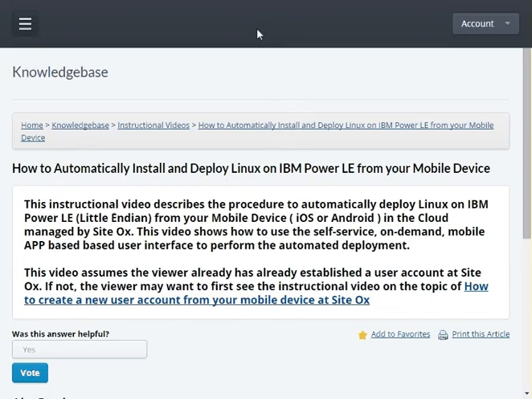Welcome to this SciDocs instructional video on how to automatically install and deploy Linux on IBM Power LE using your mobile device. The LE in IBM Power LE refers to the IBM Power platform running in Little Endian mode as opposed to Big Endian mode. If you need an explanation of the difference between Big Endian and Little Endian mode, it is beyond the scope of this video, but I would recommend that you take a quick look at Wikipedia for that explanation of the